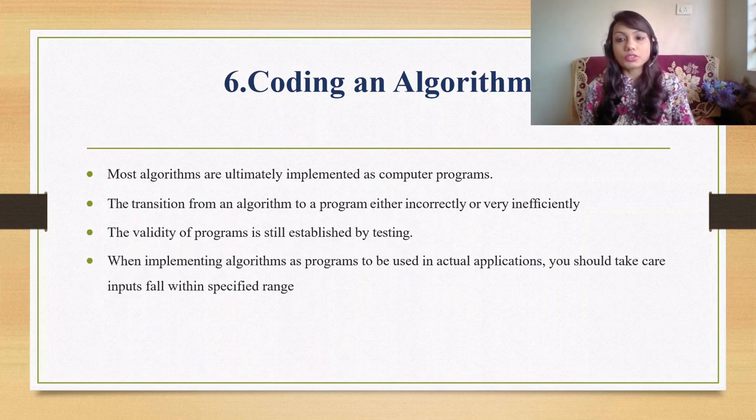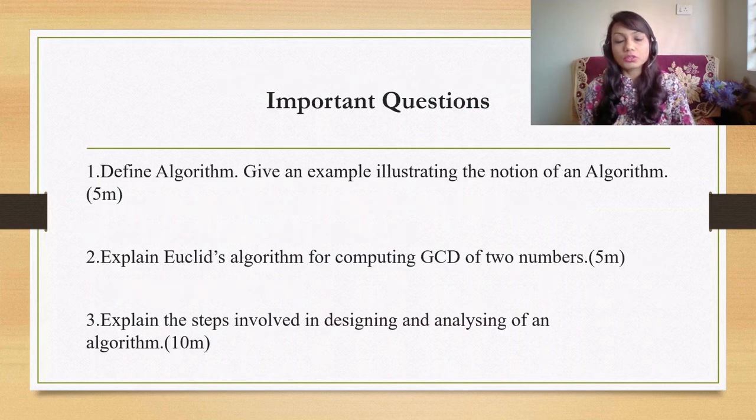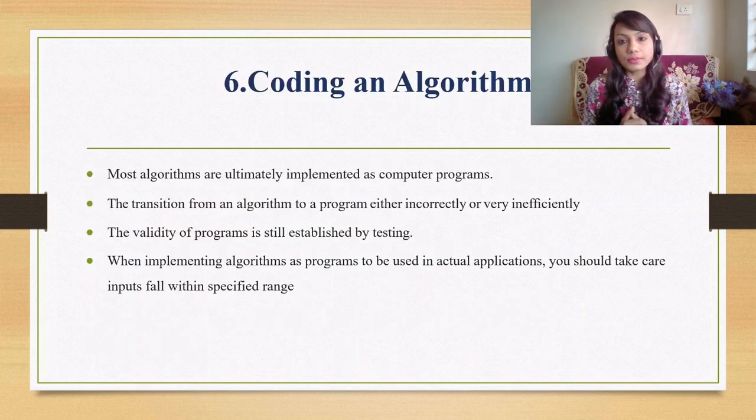That's what I just said. So hope you have understood all these 6 steps. The first step was to understand the problem. Second was to see the computational device's capability, to see whether you are solving the problem exactly or only approximately, and also the data structure you have to select. Then you also have to select the algorithm design technique.